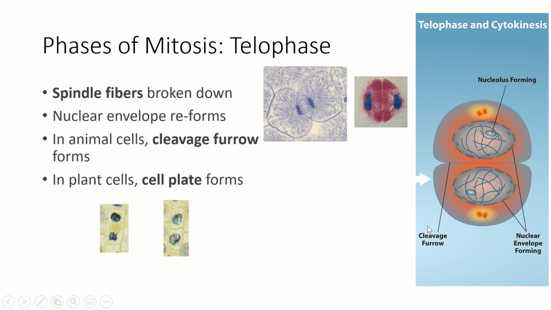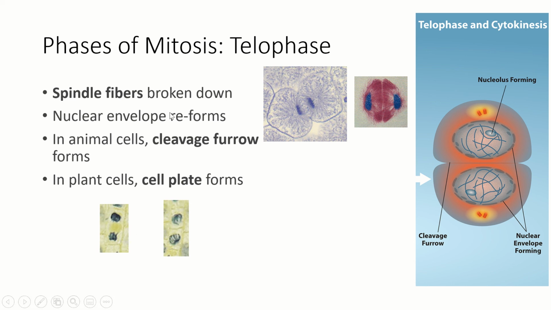Now it's fixed. Okay. Telophase. Everything was happening exactly the same, whether we were in a plant or an animal cell, but right now we're going to have to do something different. Animal cells are going to do this slightly different than plant cells, and that's because animal cells are going to actually fully separate from each other, whereas the plant cells are going to be stuck together with a cell wall